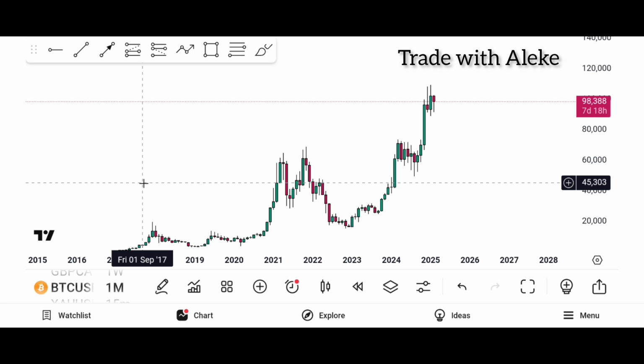On the monthly time frame, I don't really need to mark out a lot of things. I just want to know where the market is reacting off from. On the monthly time frames, I want to be seeing how the candle closed. Then on the daily time frames, I want to be seeing